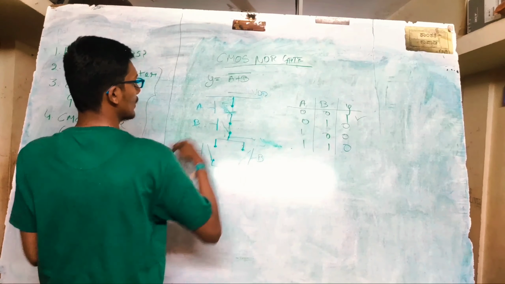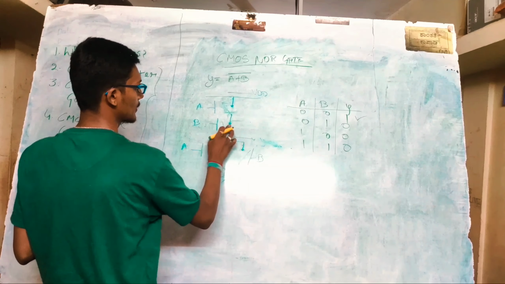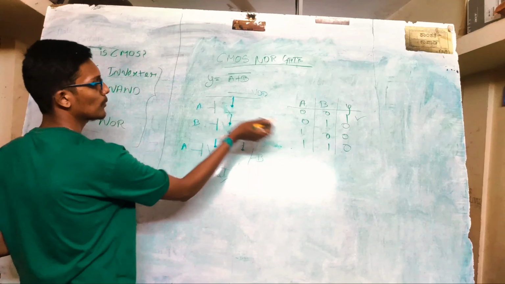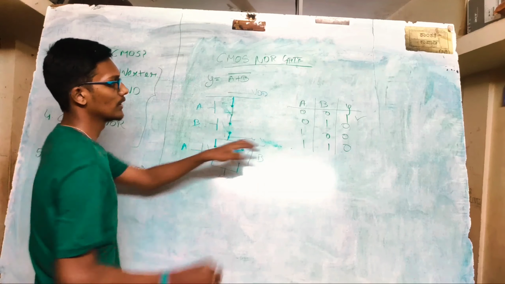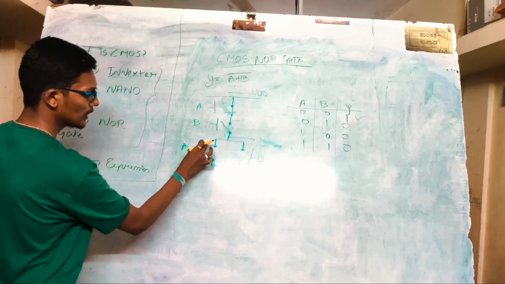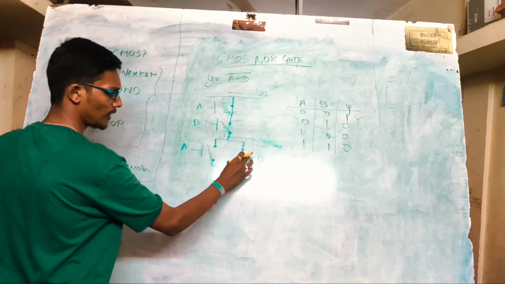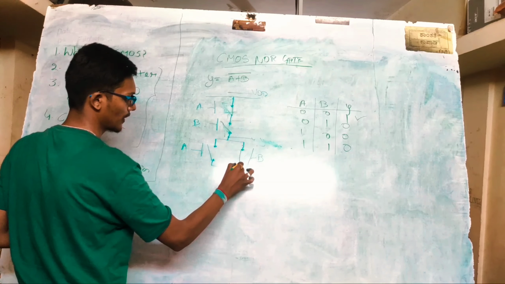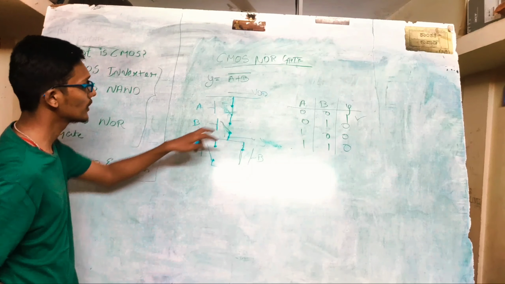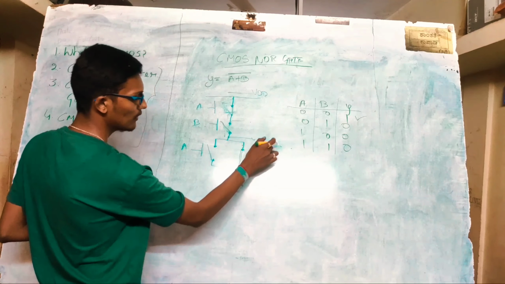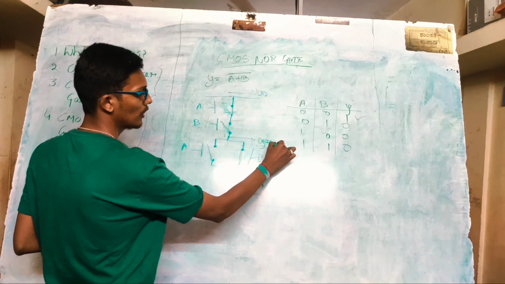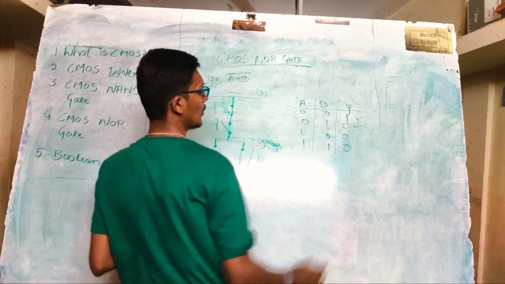Fine. We'll go to next. These are open. I'll open these transistors. Okay, 0 1. So 0, as PMOS works at 0. This is shorted. This is 1. This will be open circuited. A is 0, so this is open circuited, and B is 1. B is 1, so NMOS will be short circuited. Fine. So there is no path between VDD and Y as this circuit is open. This transistor is open. We have a path between ground and Y directly because our B transistor is shorted here. So Y is equal to ground or at logic 0. So the second part of the truth table is also verified.